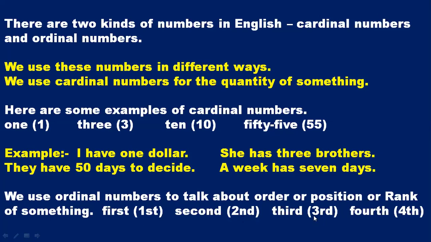If I call it three, that is wrong. If I call it third, this is right. If I call it four, that is wrong, but if I call it fourth, this is right. So whenever th, whenever rd means third, whenever nd means second, and whenever st is used with first, or the rest of the numbers also, like 21st, 25th, 78th, 79th, these are used. So th, st, nd or rd after the number is known as your ordinal number.